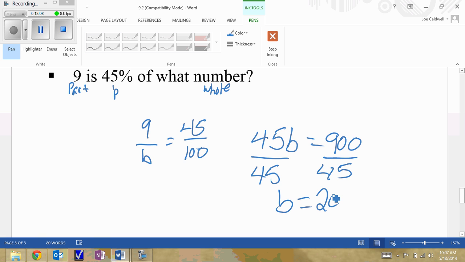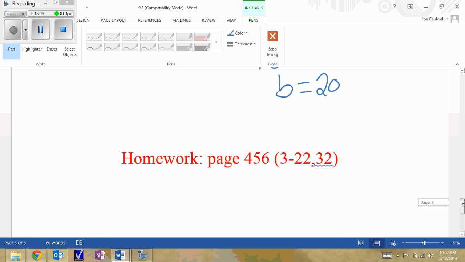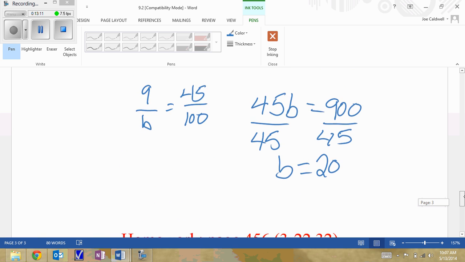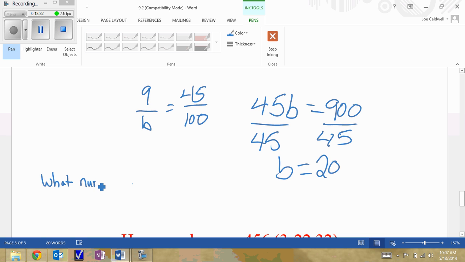I want to do one more example here that's not written out for you, that you can go ahead and write out on your own. It's another finding the parts example, and you'll notice kind of where that what number phrase comes in. So if you did what number is 14%,